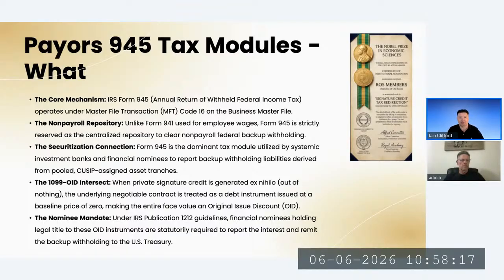They pay a lot of taxes on other tax modules, which is an interesting way of them kind of disguising the fact that they're using the human energy. But the giveaway is in the description of what the taxes are for. And it says very clearly in the tax manuals that the original issue discount is one big component of the taxes that the investment banks are paying.